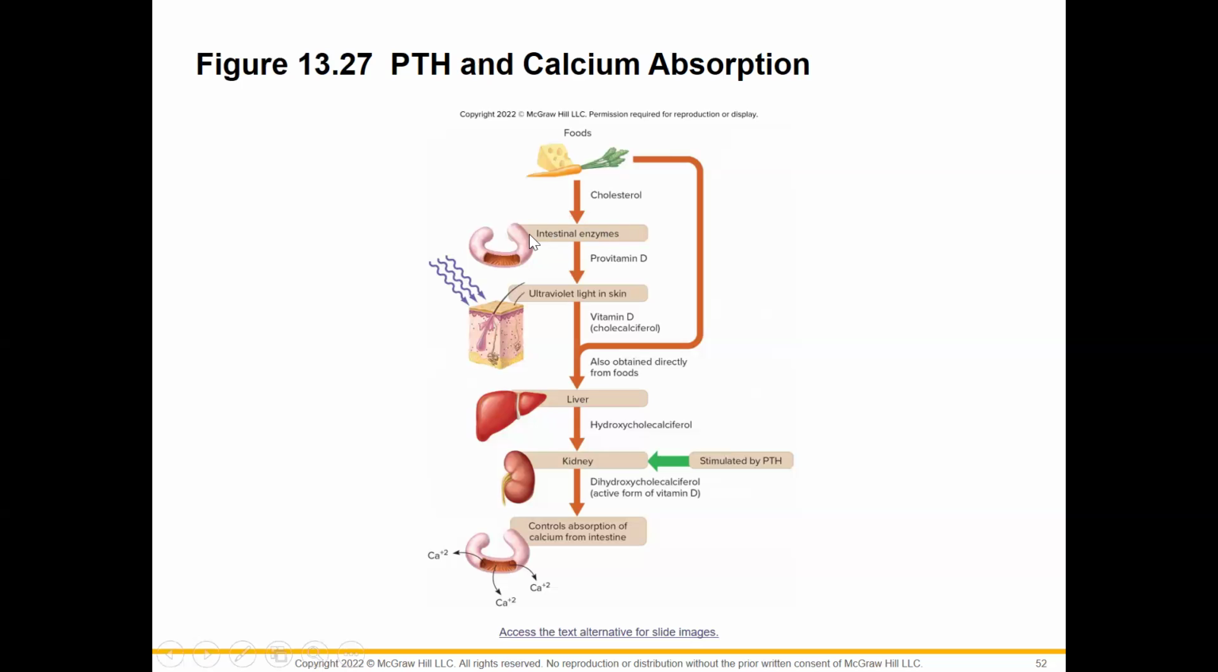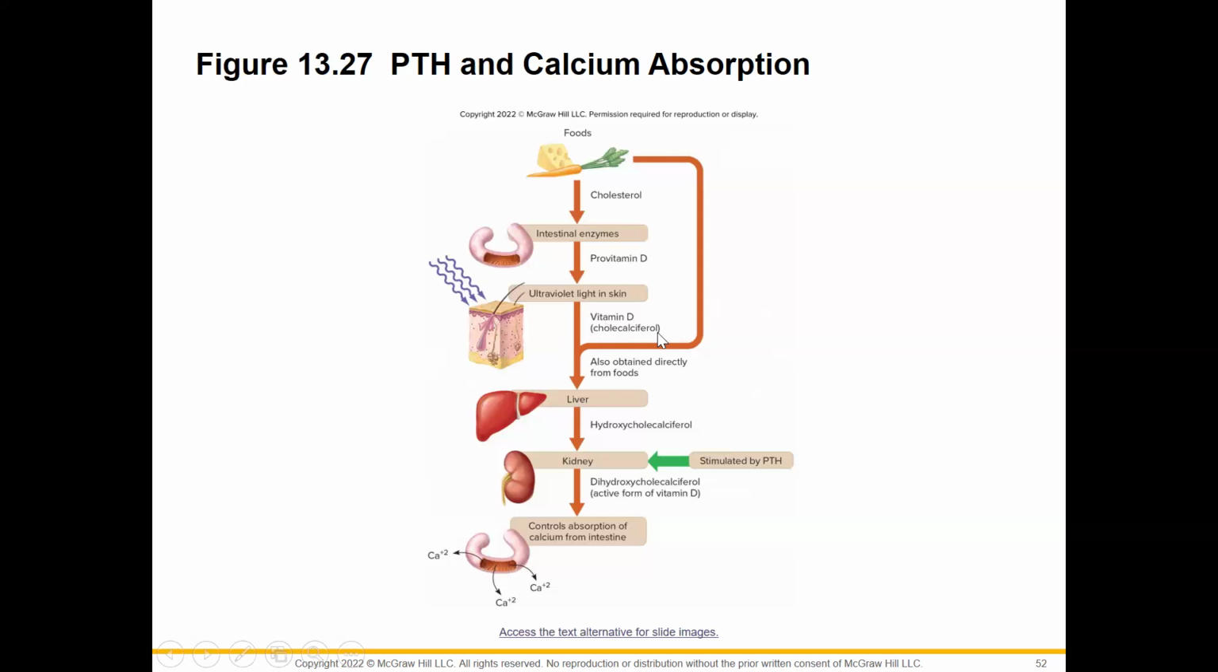Some of the enzymes in the intestines will take that cholesterol and convert it to provitamin D. That is the very first, most inactive form of vitamin D. Then you have several other steps to work on it to make it the final, most active form of vitamin D. So, provitamin D, you get the ultraviolet light from the sun that hits your skin. That ultraviolet light will then change provitamin D to vitamin D. Again, it's not the most active form, it is a more active form, and that is